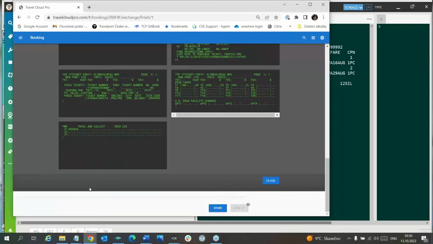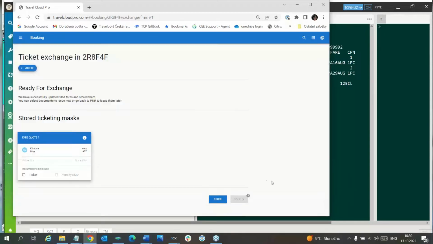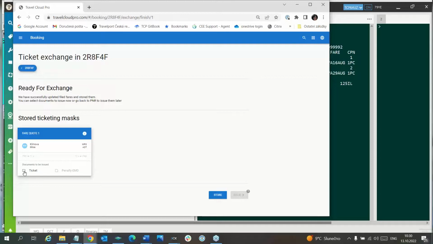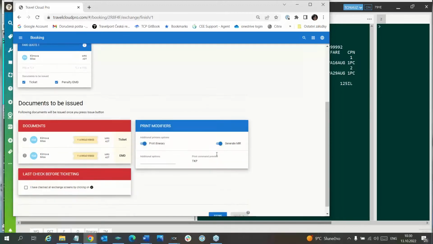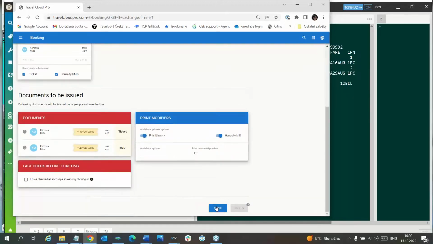So we have checked everything. We agreed with that, so we can close it, and we would like to exchange the ticket. So now you have two options, two possibilities. Either you would like to issue the ticket immediately, which means you will click on ticket, and automatically penalty EMD for penalty will also be marked, or you will only put store, and then